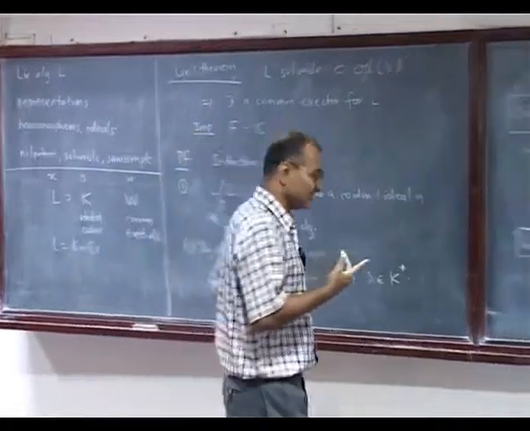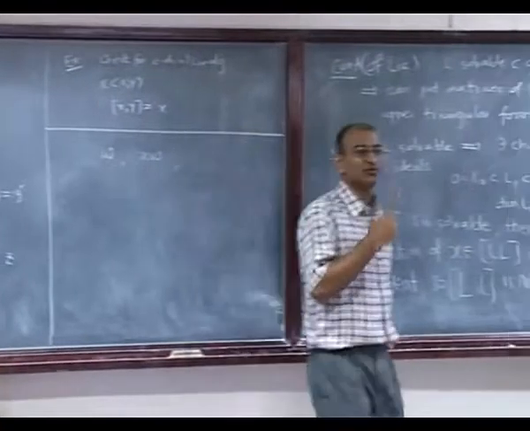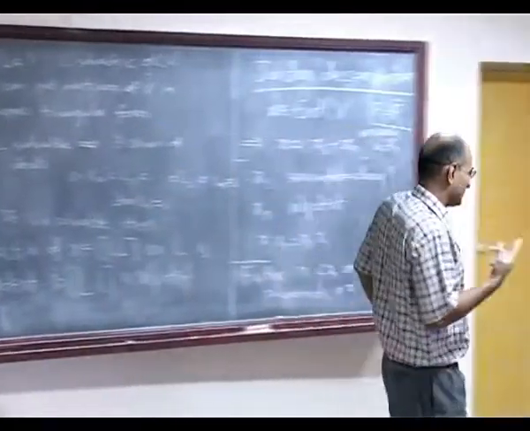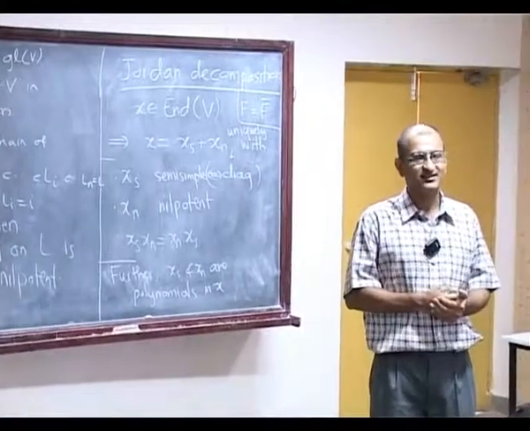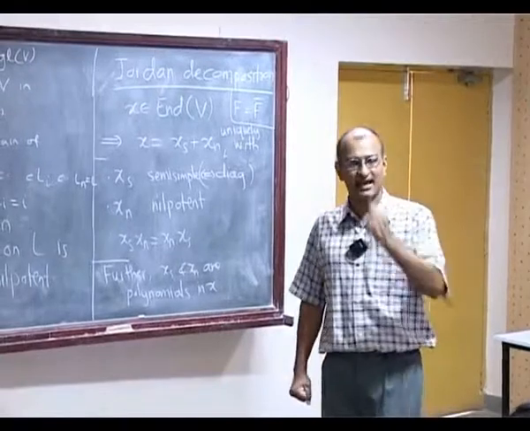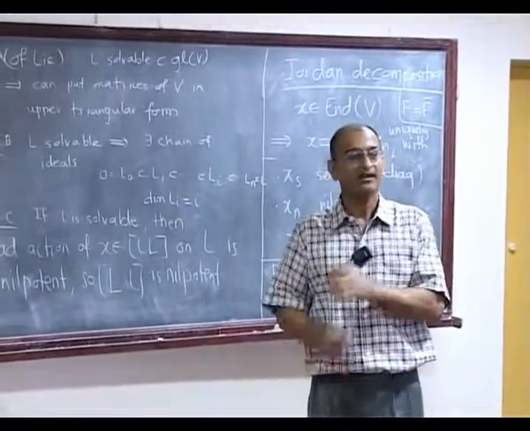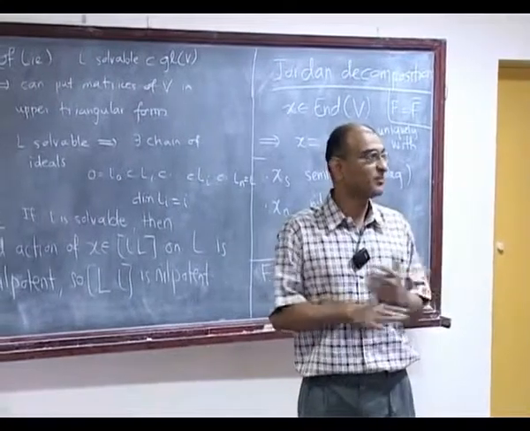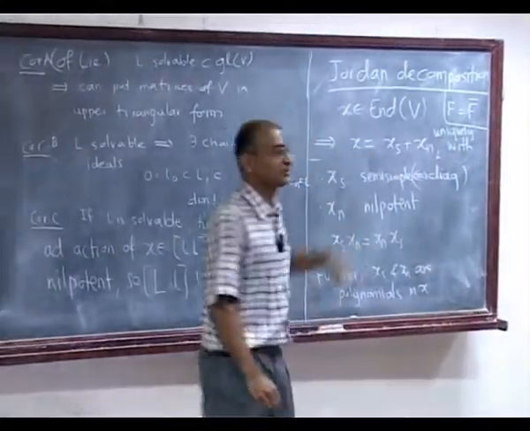Remember, if you recall the theory of a single linear transformation, this is how we do it, right? When you say what is the minimal polynomial and then you do the structure theory, this is what you do. You take an operator, you think of it as X acting on the vector space, and then it becomes an F[x] module, and then you know what the ideals are and what the module theory is. This is how you go ahead and do it, and we will revisit that when we do Jordan decomposition.